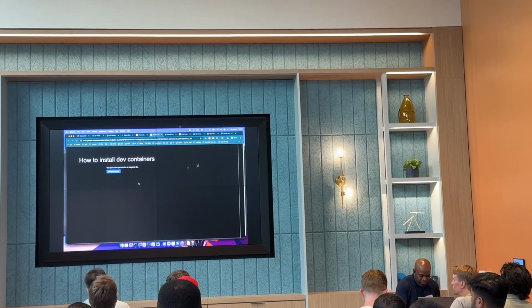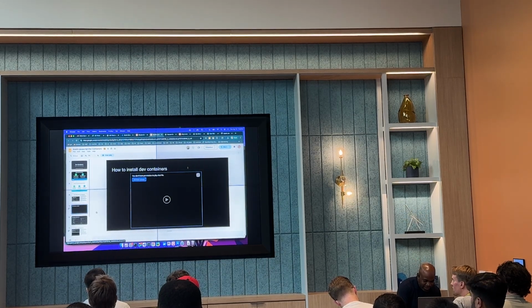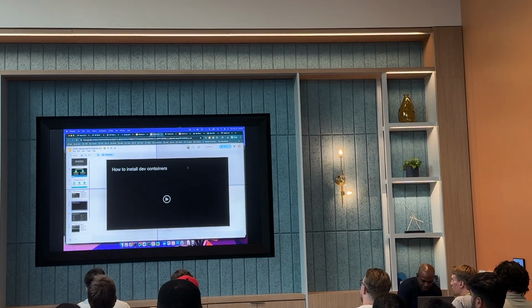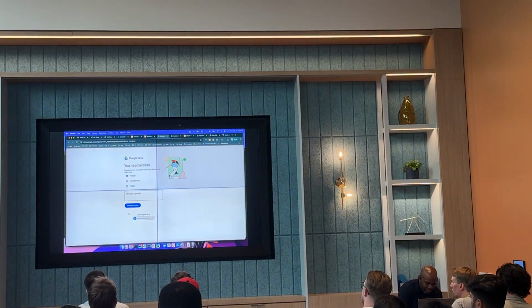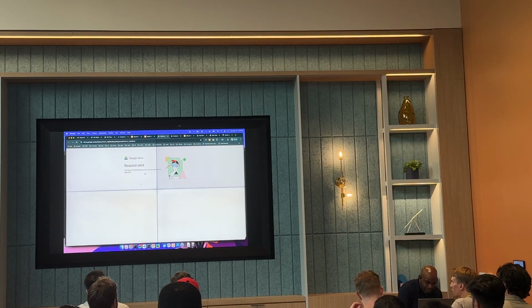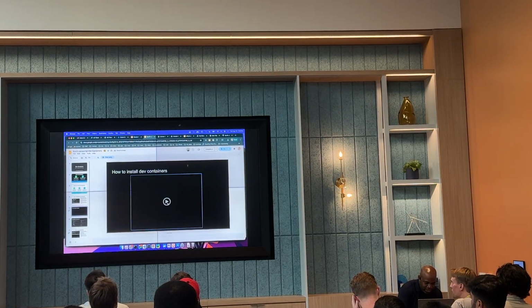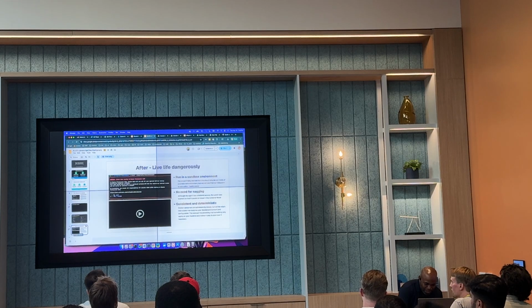VS Code allows you to easily, let's see if it works. Well, I'll give permission. Yeah, I'll confirm. Maybe this will work this time. Well, let me give permission to the